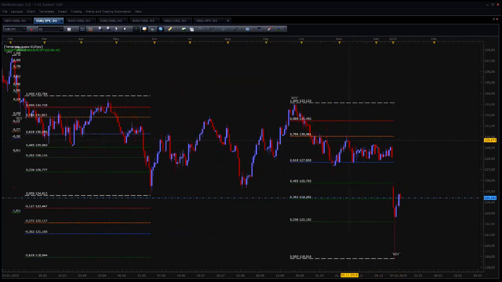Here we go. And then it dropped and reached this target. And so we have a new AB. And now we have to wait and see what its intentions are. Whether it will find resistance at the support levels, or it will just continue going